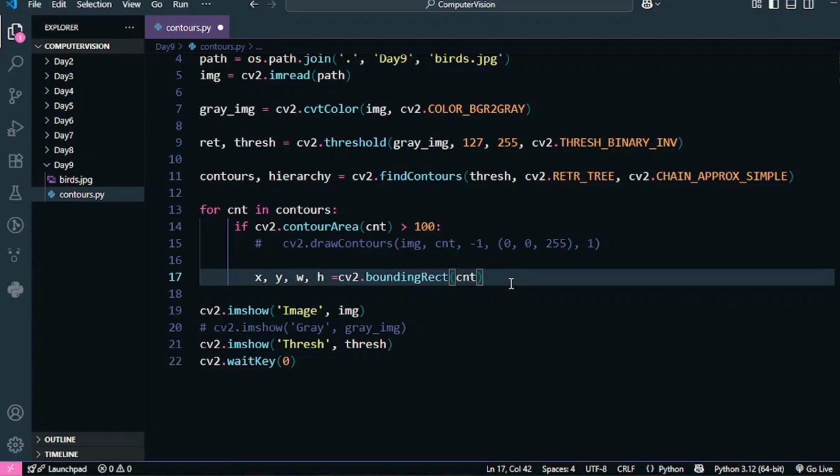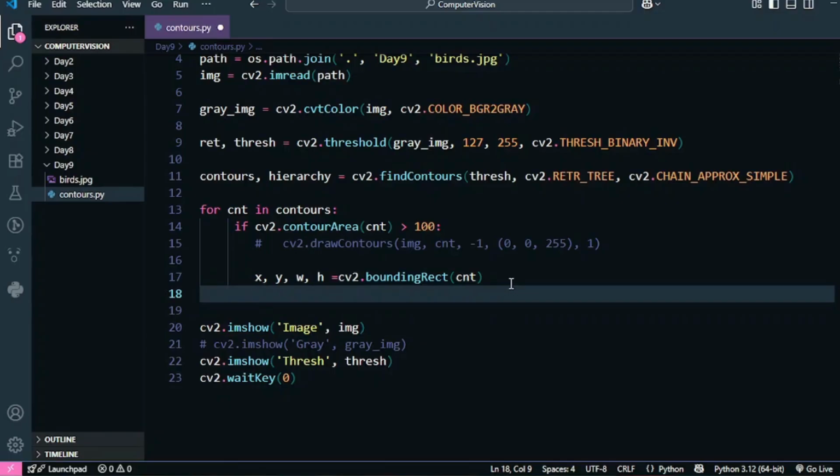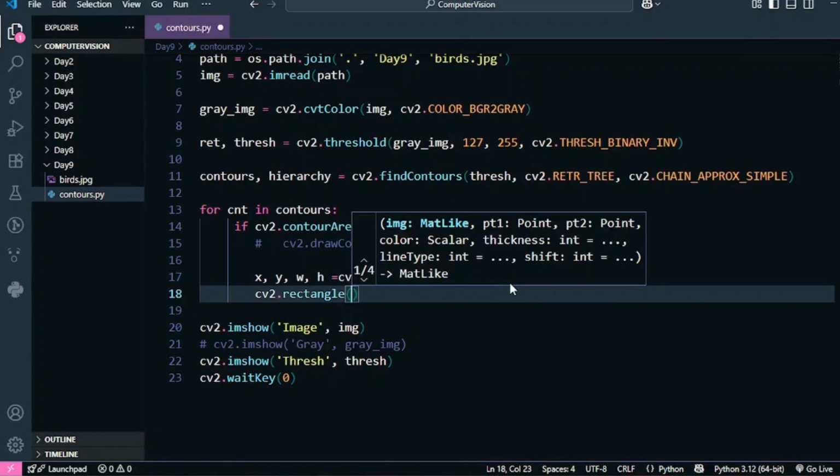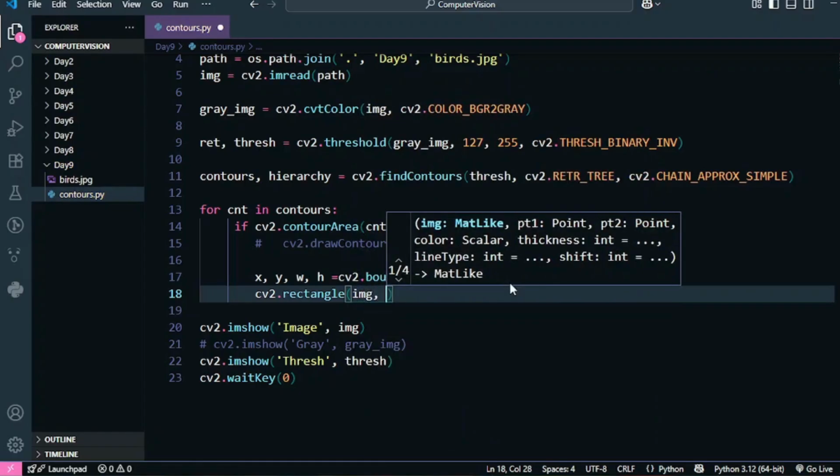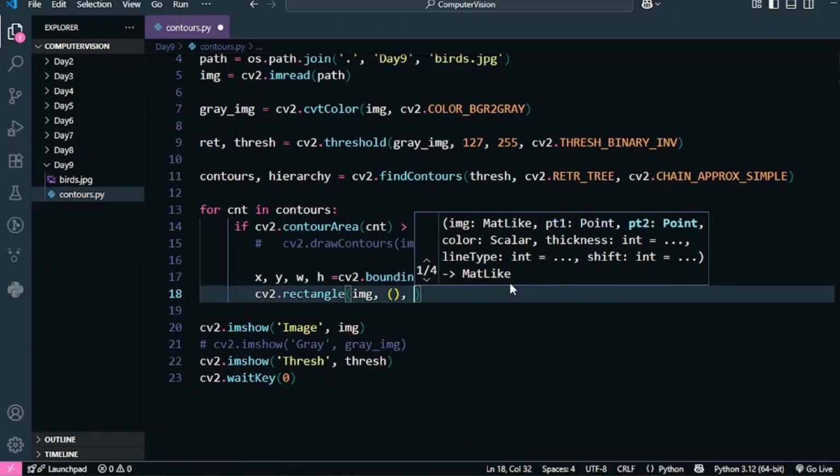Now that I have the coordinates of the rectangle, do you think I can draw the rectangle? Obviously I can, and we did this in our last class. cv2.rectangle. We can draw a rectangle using this OpenCV function. So let's draw the rectangle on our original image again. I'm going to call it img. Then I have to tell two positions, if you remember.